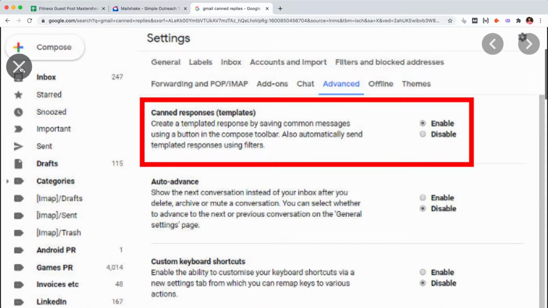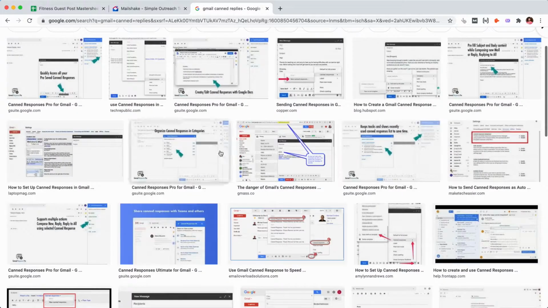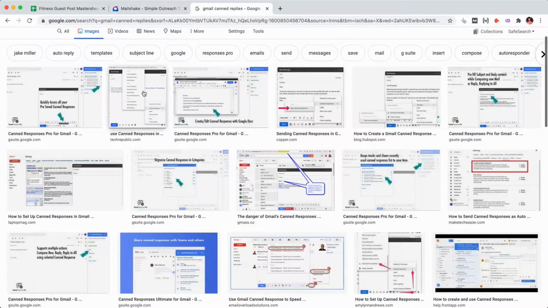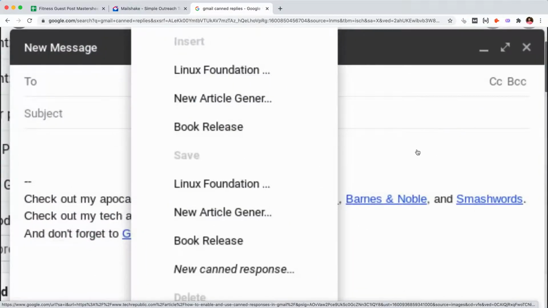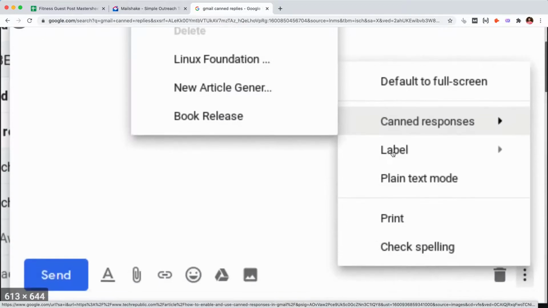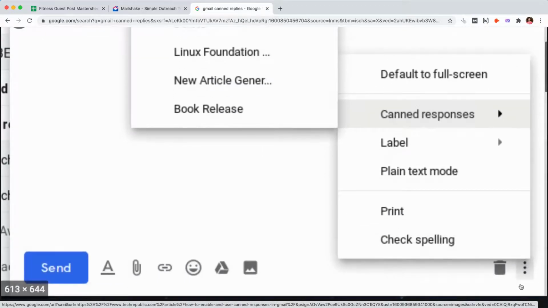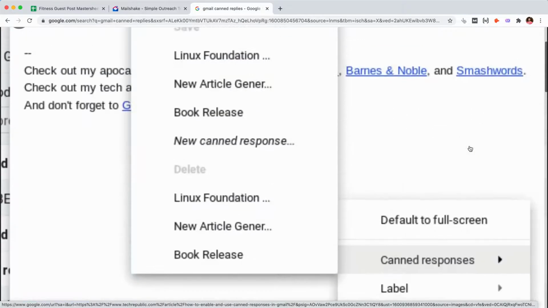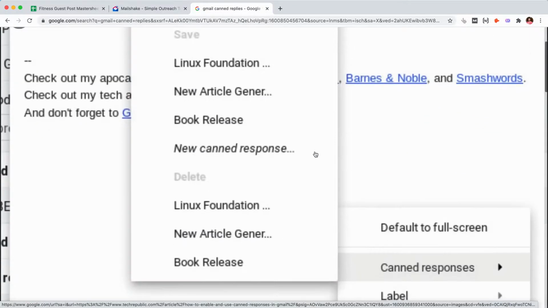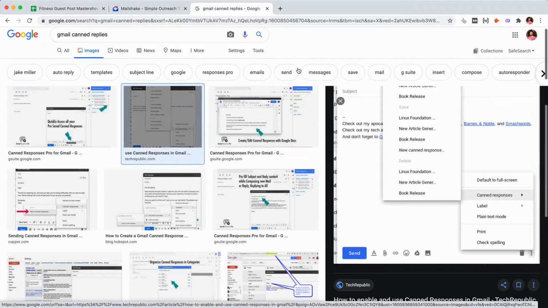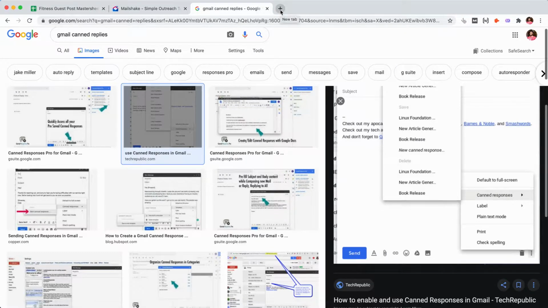You need to enable this, and once you enable this option, you will get a canned response feature right when you are composing your email. You can see here, when you're composing your email, you can click on these 3 dots, go to canned responses and create templates that you reuse. Personally, we make use of text expanders.